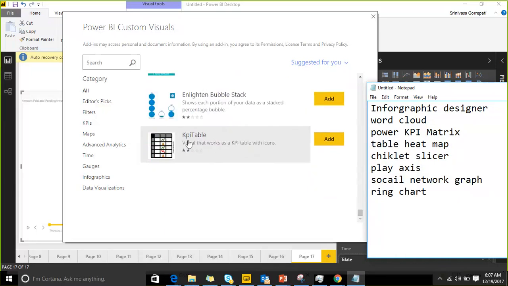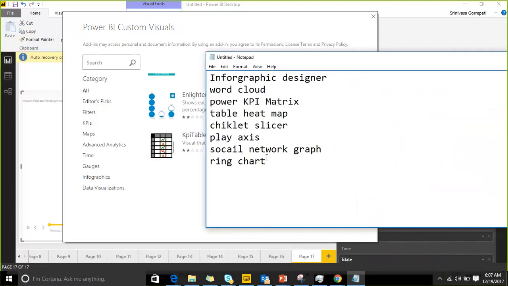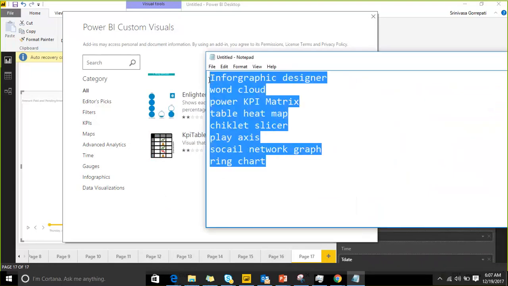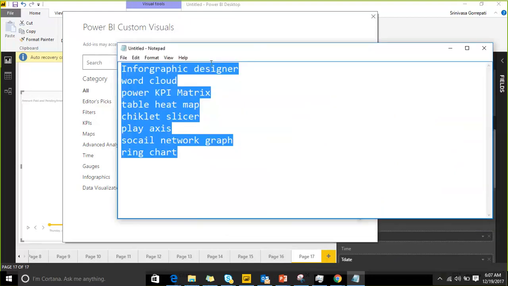Okay, so download these custom visualizations and practice them, so that will help you as part of interviews and in selecting your visuals. Everyone uses the donut chart and pie chart, right? All the places have the same things. So try to download and use these, and if anyone has an issue downloading them, I will upload these custom visualizations